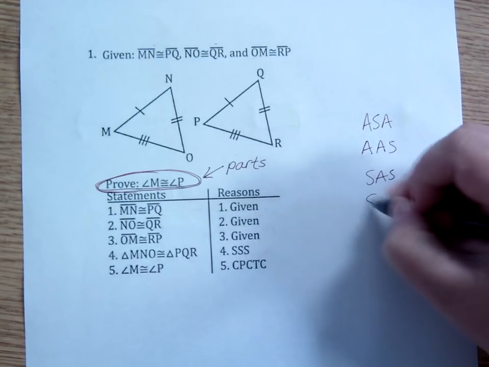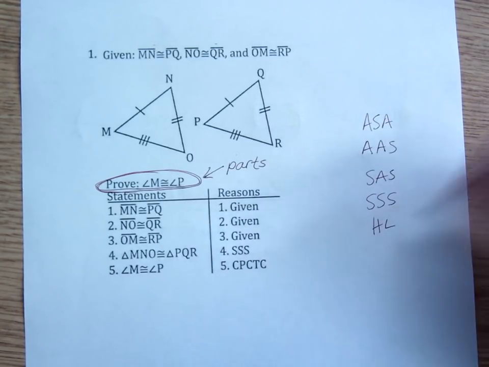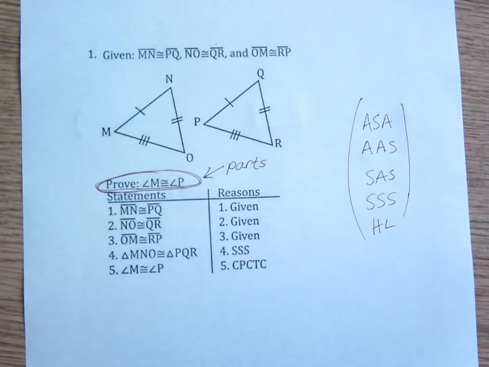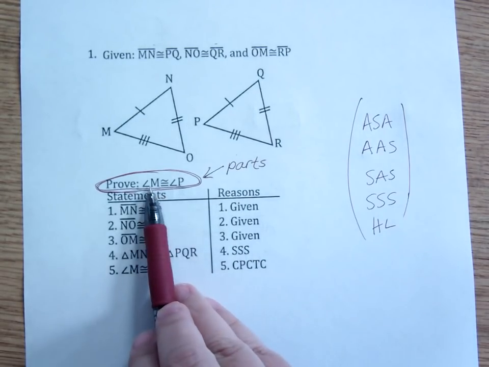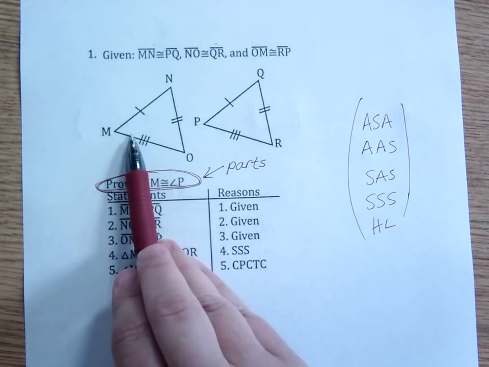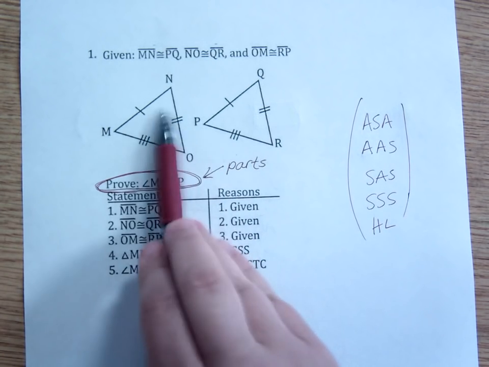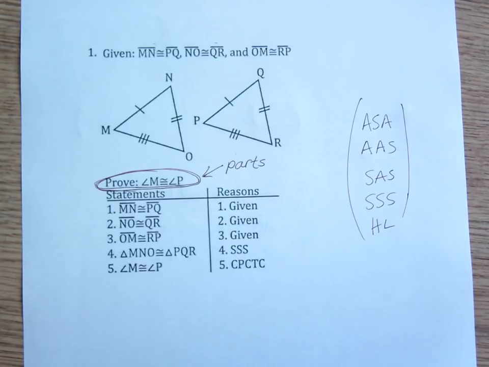These are the methods I use to prove that entire triangles are congruent, right? That's not what I'm doing here. It's not what I'm being asked to do. I'm just being asked to prove that one pair of corresponding parts would therefore be congruent if all these other things were true. So we have to know that we have